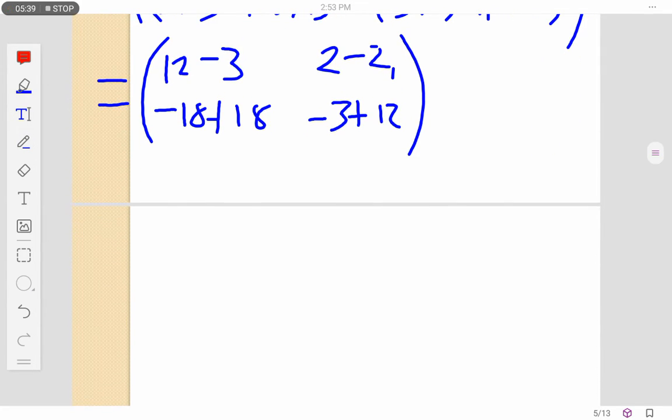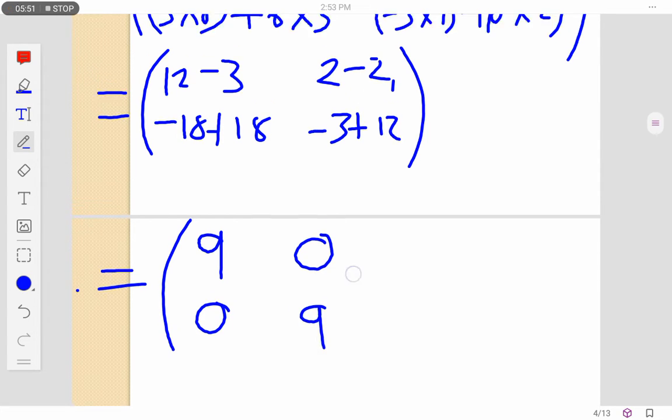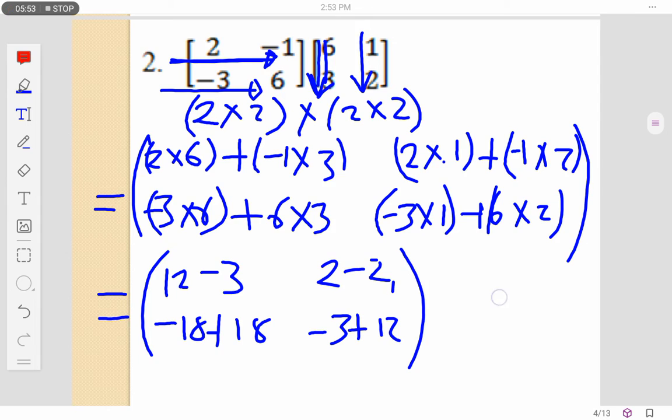Okay, so now I want to simplify. For the first one, 12 minus 3, I'll get a 9. 2 minus 2, I'll get a 0. 18 minus 18, 0. Minus 3 plus 12, I'll get a 9. So I'm getting